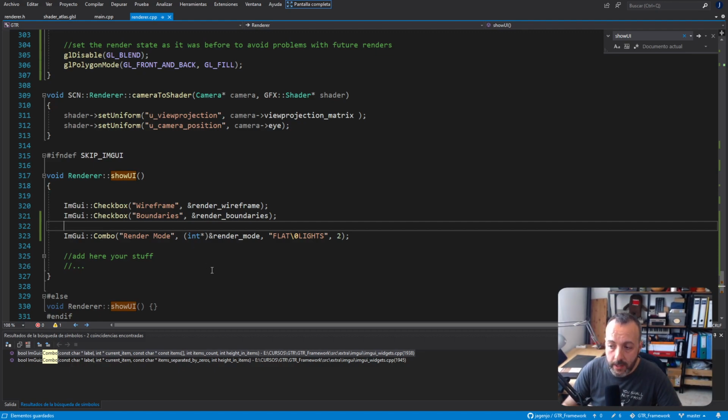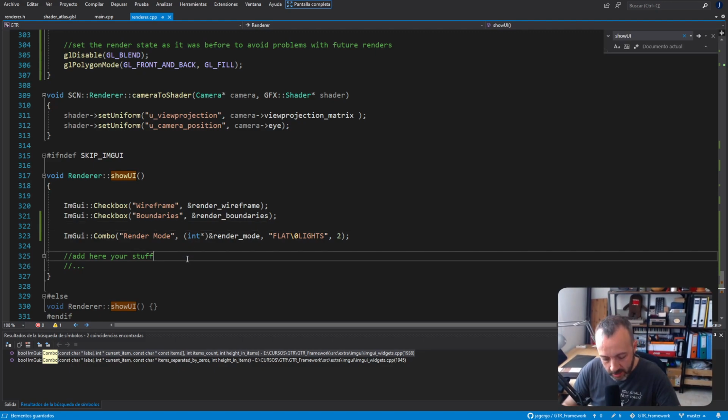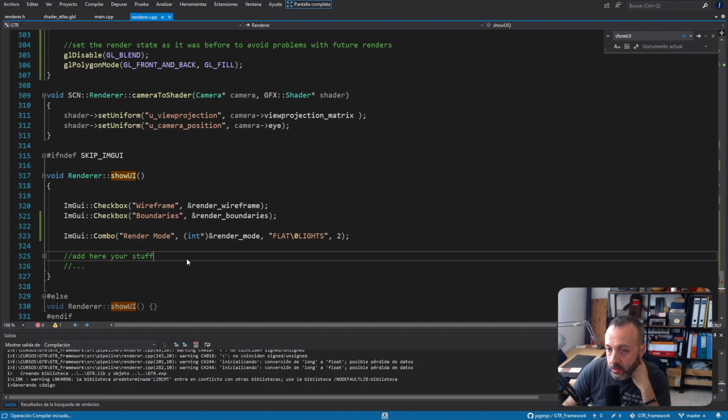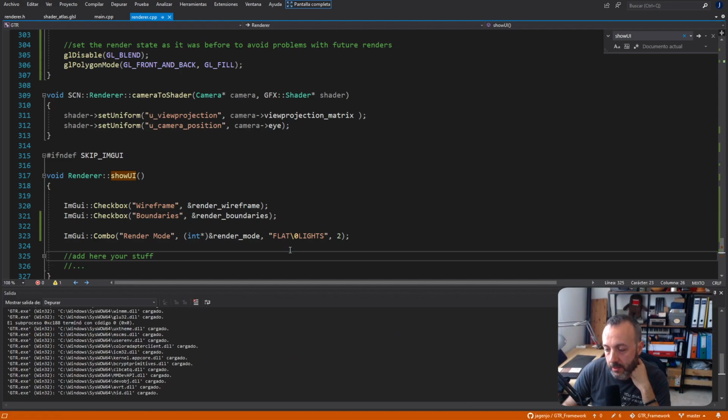So it works. Otherwise, be careful, because if we imagine that it was forced to be an 8 bits variable, you're casting to integer, and that's going to crash the application. So let's try this tiny debug functionality that we have added to our system to see if we can control